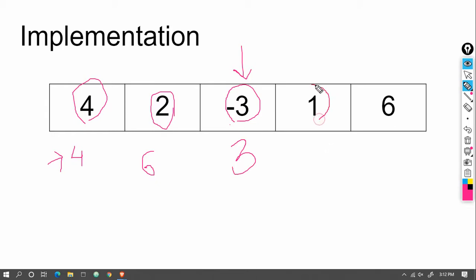After this, we reach this element. We will add this element to the prefix sum, so it is 3 plus this element, and it becomes 4. Please consider that after each iteration, we are checking the set to see if the prefix sum is already present in it. Till here, no element was repeated, but when we reach here, the 4 is already present in the set.